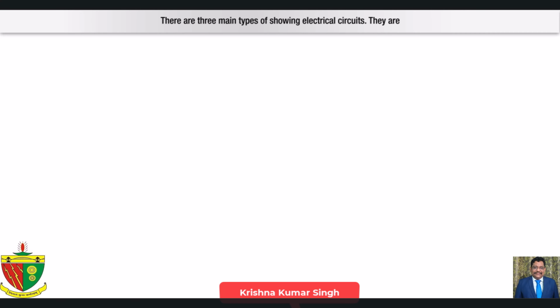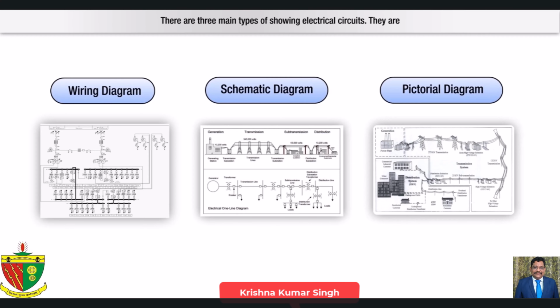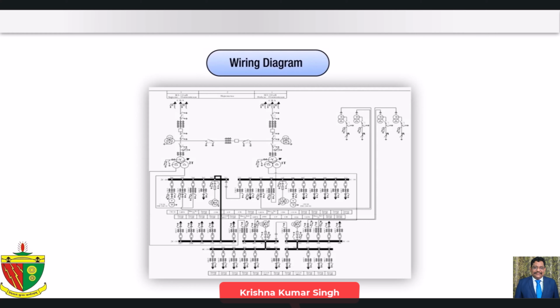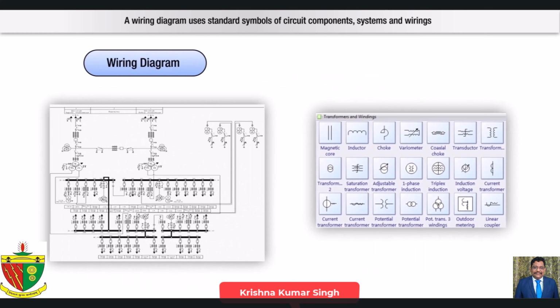There are three main types of showing electrical circuits. They are wiring diagram, schematic diagram, pictorial diagram. Wiring diagram. A wiring diagram uses standard symbols of circuit components, systems, and wirings that clearly show the actual connections between elements of the system. A pictorial circuit diagram uses simple images of components, while a schematic diagram shows the components of the circuit as